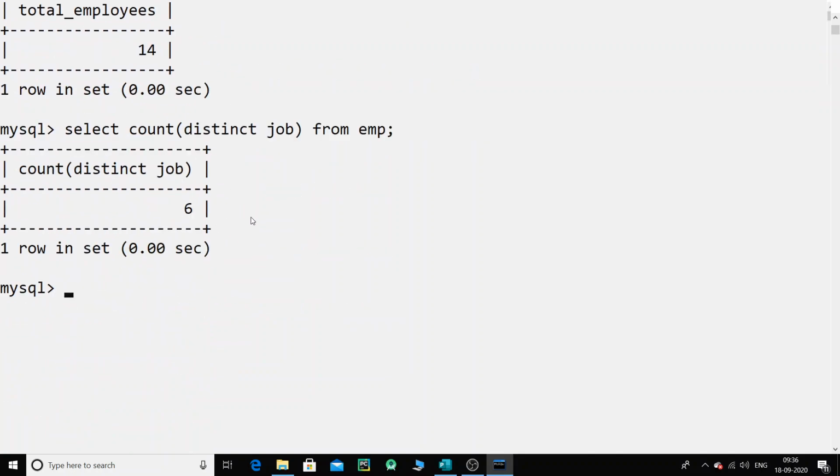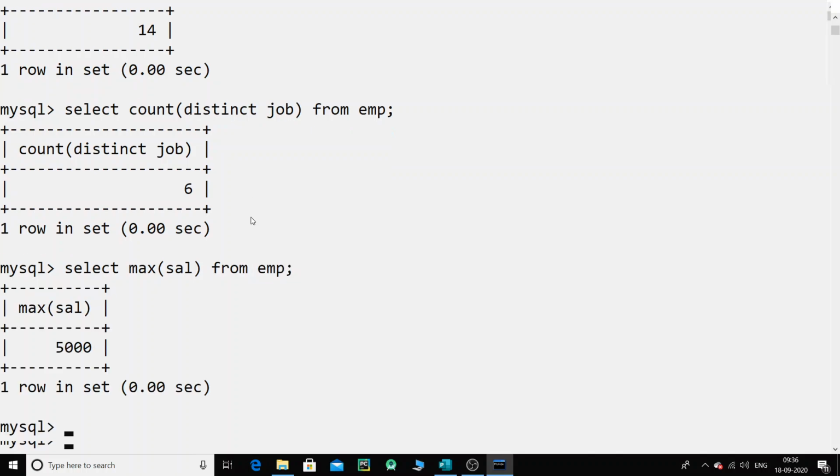Now let us go ahead and check who has the maximum salary that I'm paying to the employees. Which employee do I have in my organization that I am paying the highest salary? So I will simply say select max, and I will say sal from EMP. That is the maximum salary.